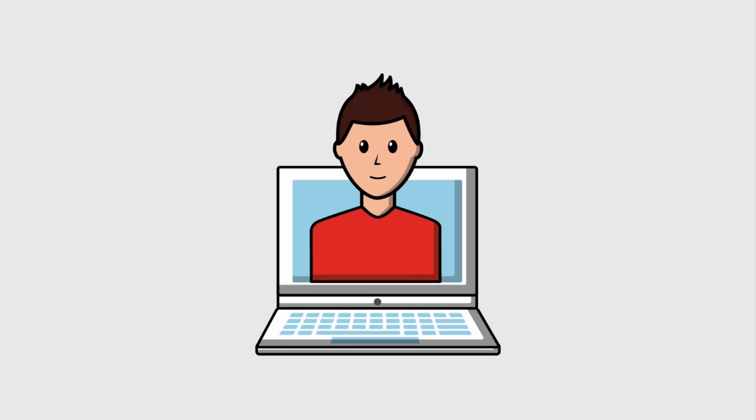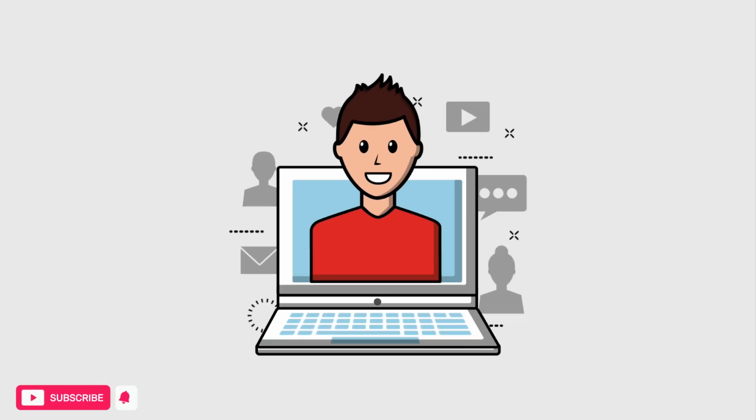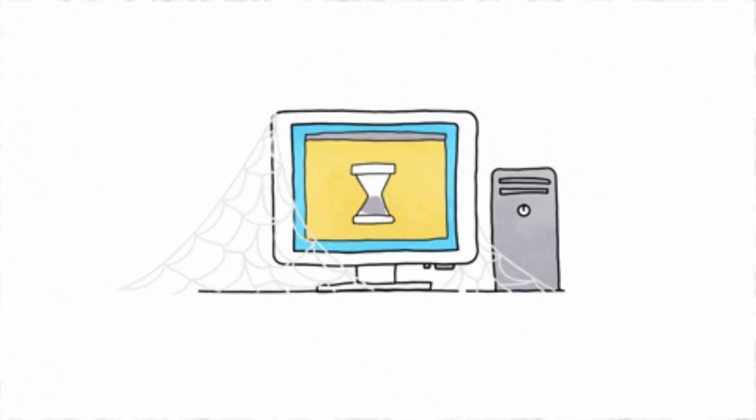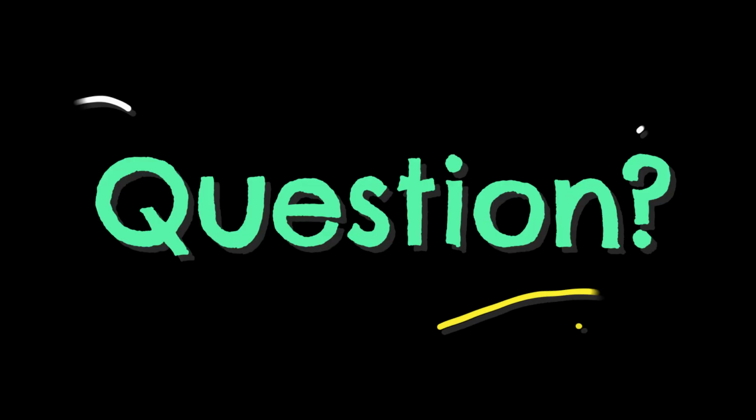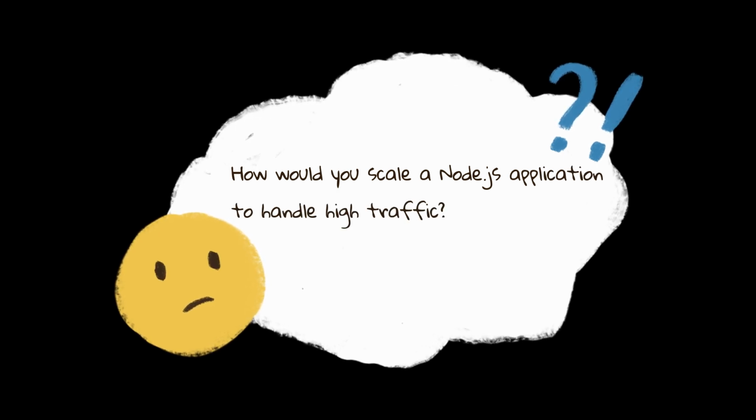Your app just went viral. Congratulations! But wait, your server is choking. Users are getting 502 errors. Question: how would you scale a Node.js application to handle high traffic? Answer is: